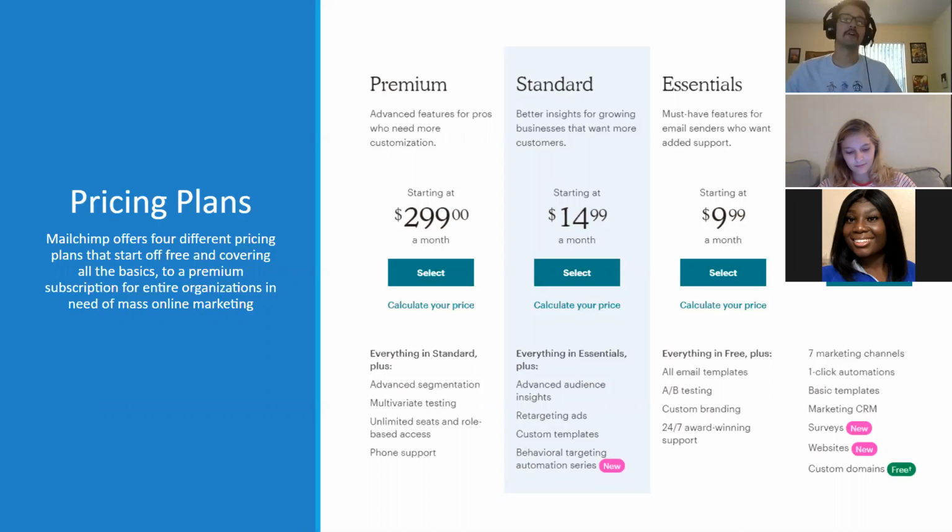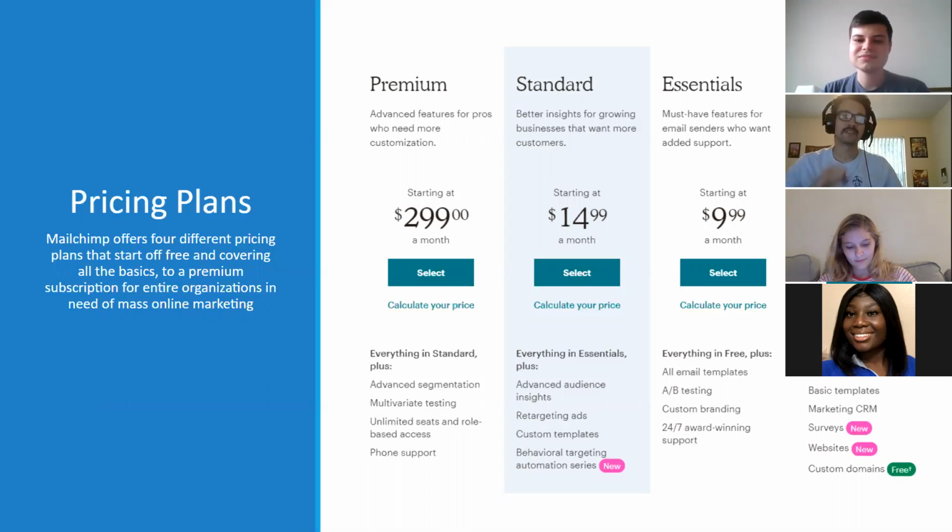But with RSOs and with all the events going on campus, if you're above 2,000 contacts, then you could definitely afford the essentials plan of $10 a month. But it's nice to have the options. And if you guys would like, after the presentation, I can go on MailChimp's website and actually go through. They have this graph that is